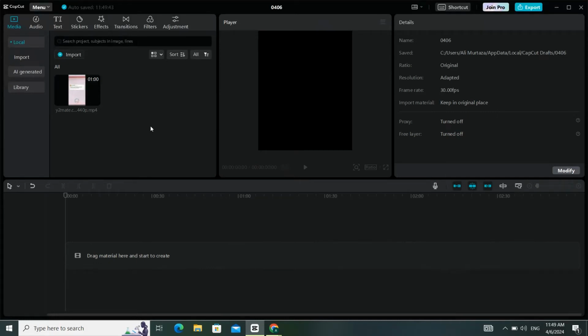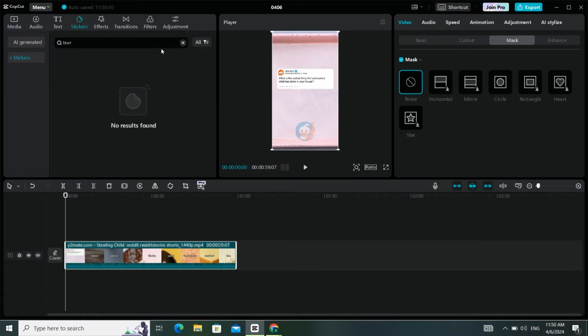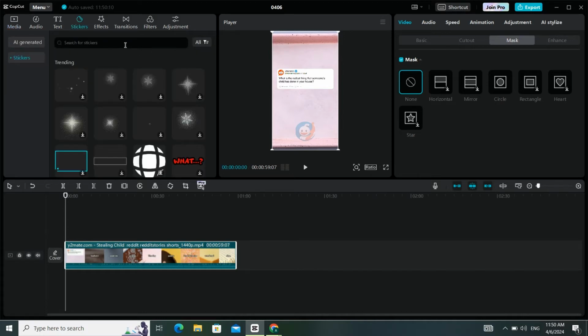In this video, I am going to show you how to add audio spectrum in CapCut PC. So let's begin. First of all, you need to drag your audio file or video file to the timeline of CapCut. Then here, you need to click on stickers, and in stickers, you need to search for